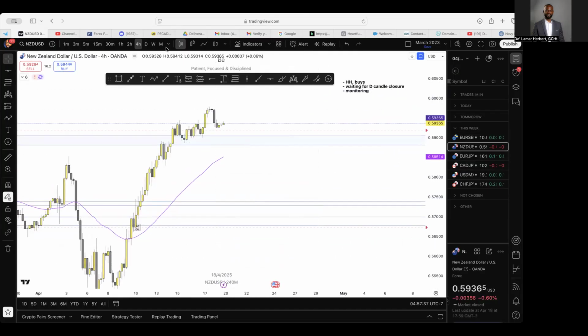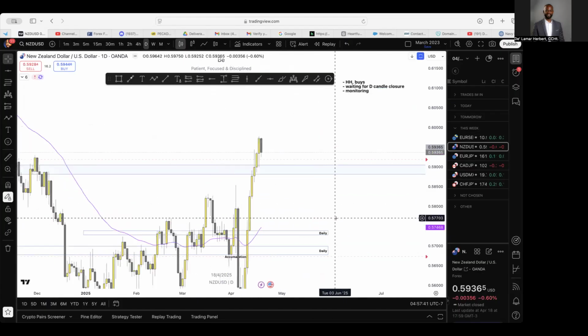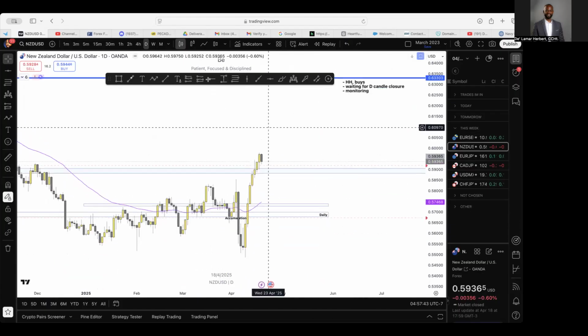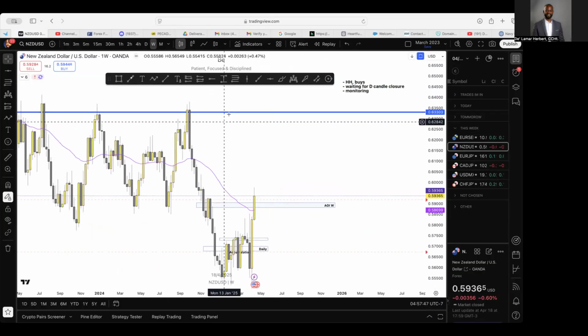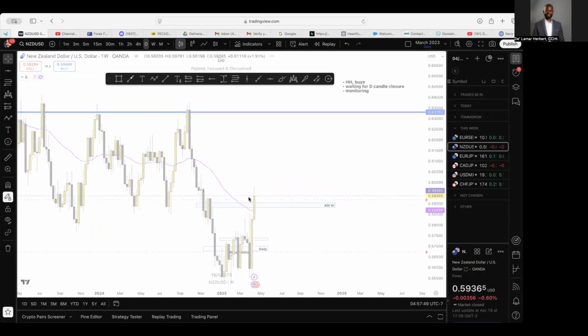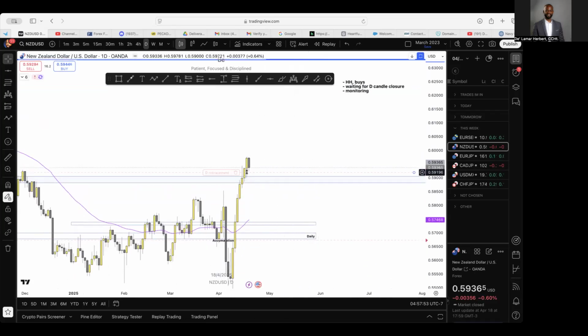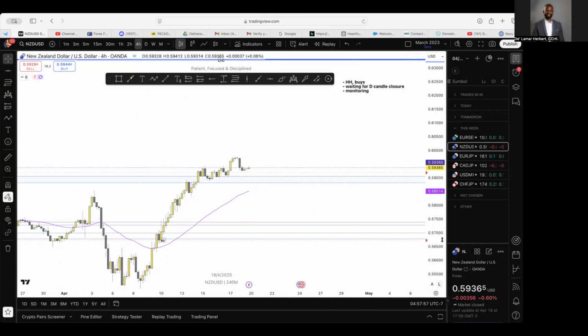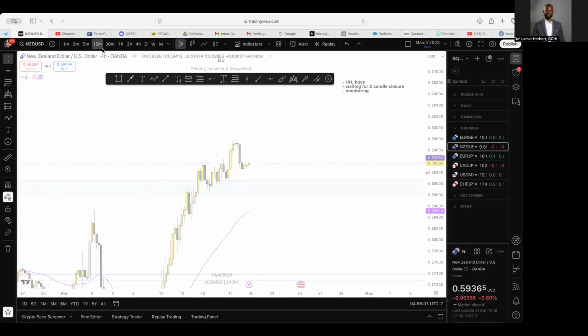NZDUSD, we're currently waiting for the daily candle closure. So we're having a pullback right now, and we're looking for buys. Our take profit will be up here. Okay, this looks promising as well. We've already had our candle closure, and as you can see, we had a pullback here, so we can actually start looking for even lower